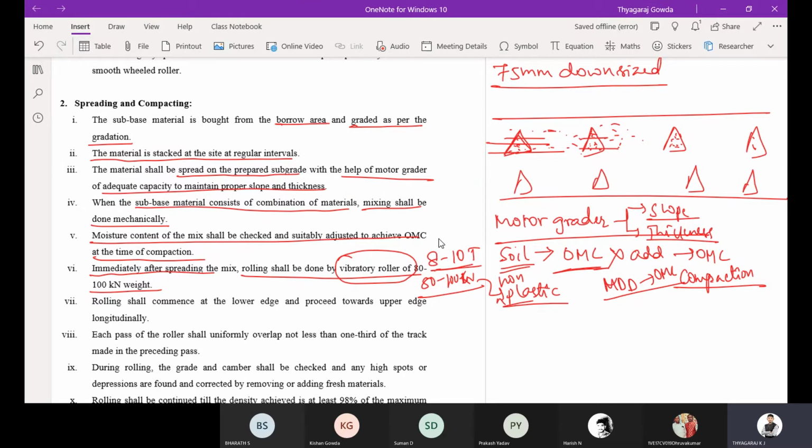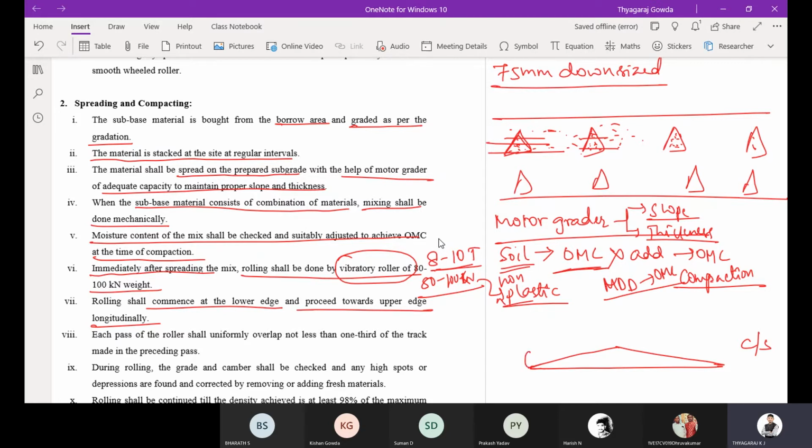Then rolling shall commence at the lower edges and progress towards the upper edge longitudinally. For example, this is the cross slope, this is the cross section. We have made the required slope and thickness, and this is how the rolling will commence.